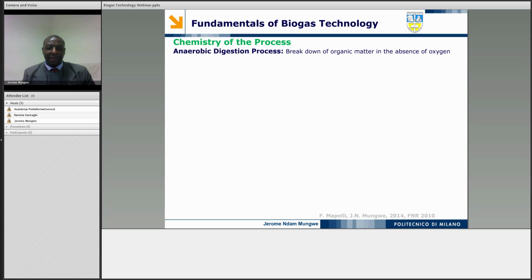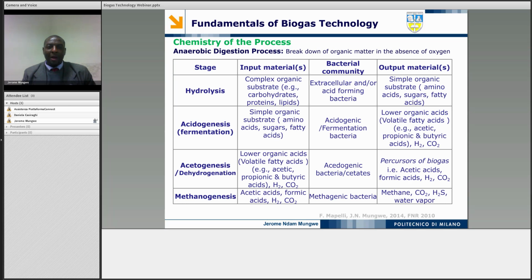This process takes place in four principal stages: the hydrolysis, where complex organic substrates like carbohydrates, proteins, and lipids are decomposed into simpler organic substrates like amino acids, sugars, and fatty acids. The second stage is the acidogenic stage, where these organic substrates are further decomposed into acetic acid or a group